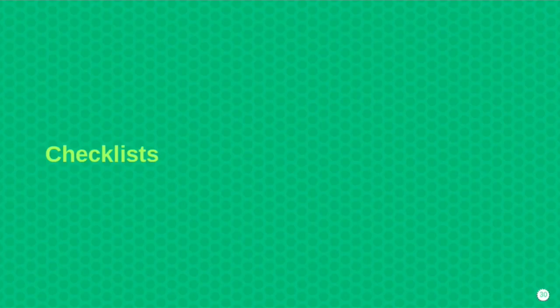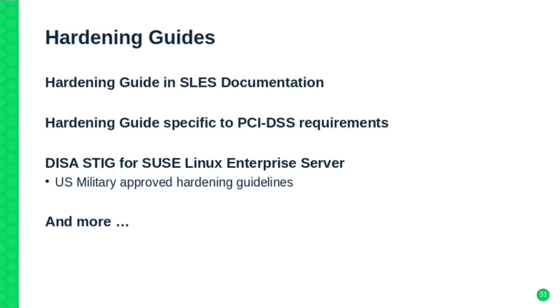So now coming to the checklist, they're really the step-by-step instructions. We have a hardening guide in our SLES documentation itself. That's, I think, 100 pages of documentation. It's kind of scary, yes. Yeah, and we have also worked on, and I learned that it's not yet published, a hardening guide specific to PCI DSS requirements, basically an addition to the regular hardening guide that is not that long, which will be published